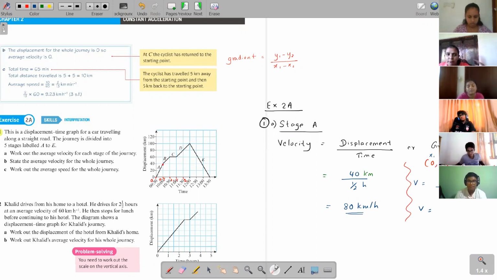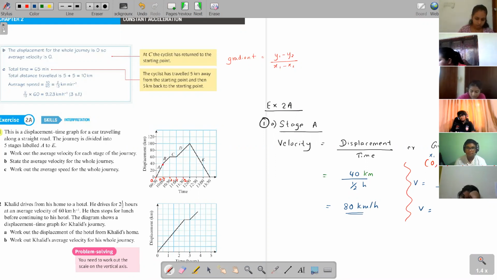Now, this is just a simple example of how this is done. They have not gone into that much detail. They just want you to know how to manage to do this sum. I think you can see we get the same answer, 80, right? So this is kilometers, this is hours, 80 kilometers per hour, because your y is measured in kilometers and your x is measured in hours.